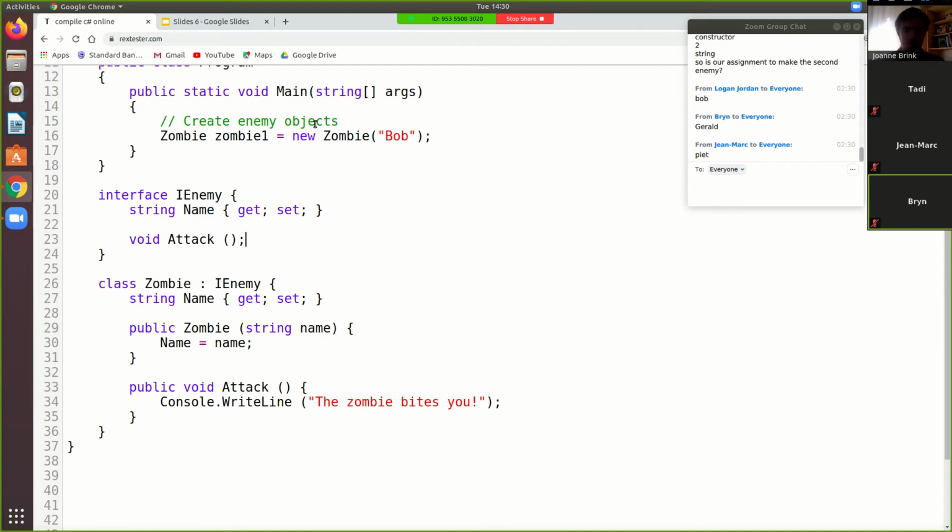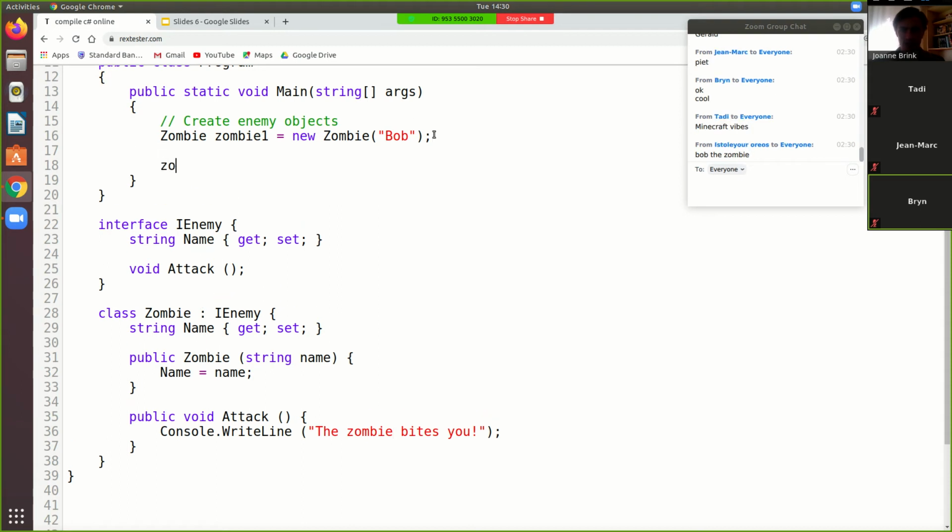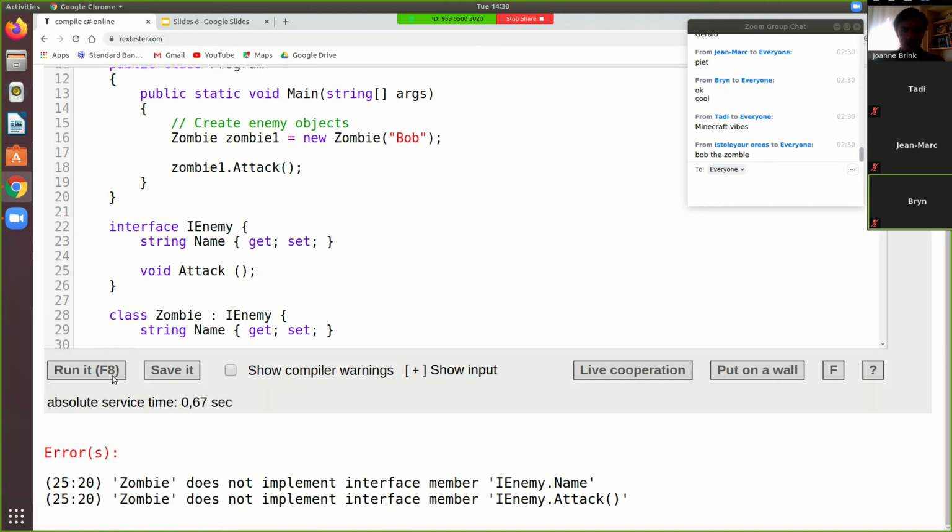Now, what's cool? Currently, if I say zombie1.attack, okay, spelling attack wrong, if I say zombie1.attack, this is just going to go ahead and print out the zombie bites you. All right, so if I run this,